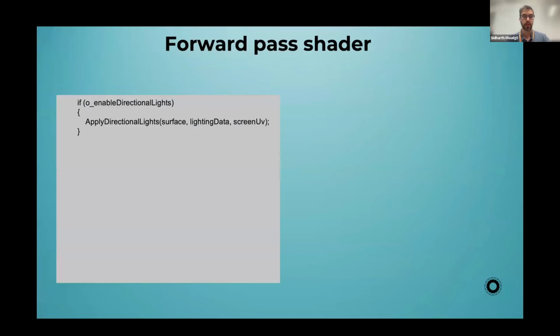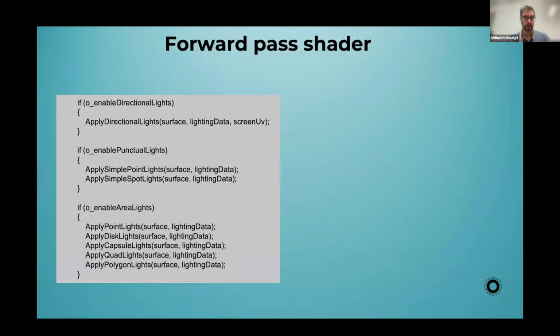If you have a forward pass shader that looks like this, where you have a feature that's wrapped by a Boolean, O_ feature name. In this case, directional lights is the implementation, and this is code directly taken from our O3DE renderer. You have some feature and it's wrapped by an O_ feature name, which is a Boolean. These Booleans are called shader options. And if your feature implementation is very optimized, how do you optimize it further? That's what we're going to discuss, and this is where shader specialization constants come in.